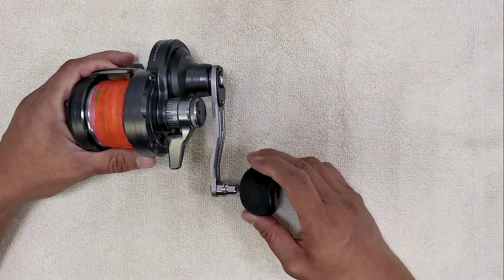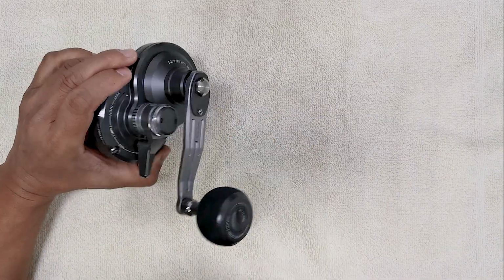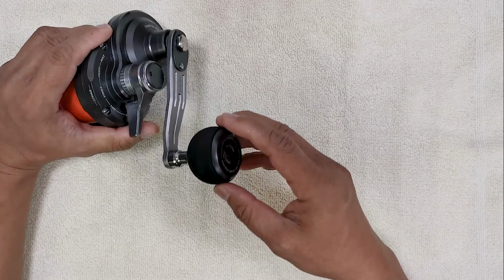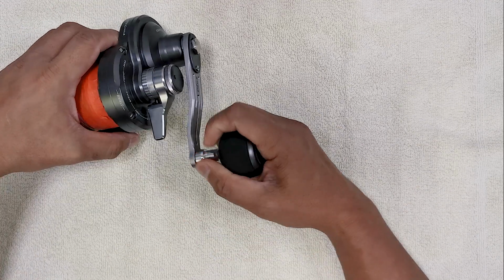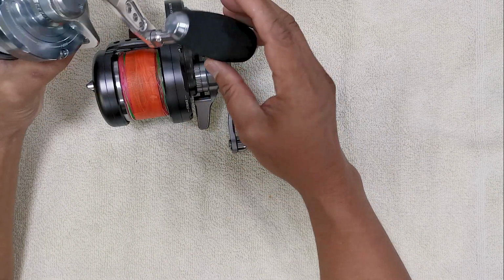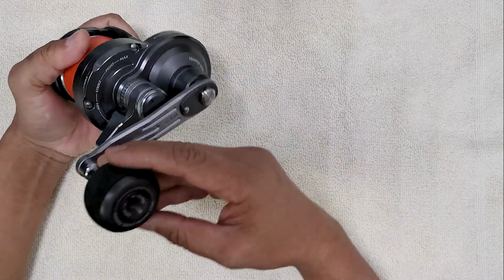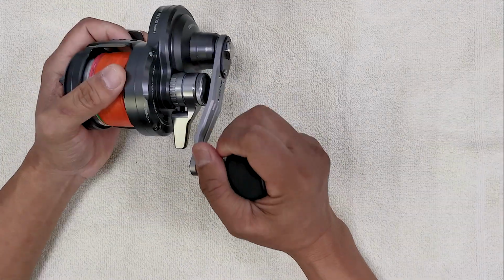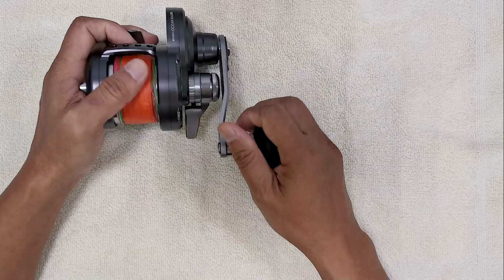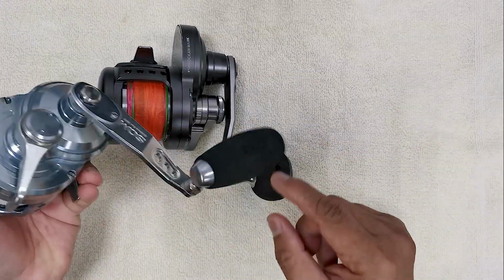Okay, so the very first thing that you should actually see when you're first into this whole Studio Ocean Mark casting reel is the fact that this has a round knob, as opposed to, of course, the air egg that we have here. So this knob actually makes it so that when you grab it, it's always in position. Okay, so there are times when you're casting, even if it's weighted,